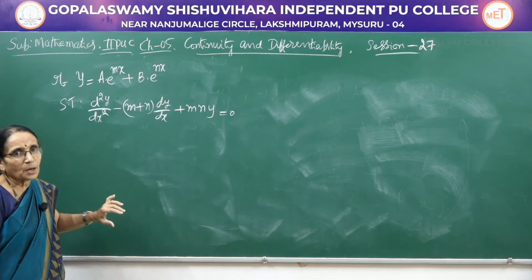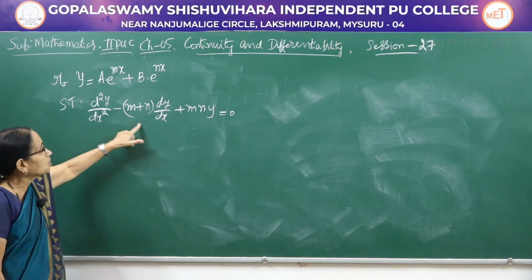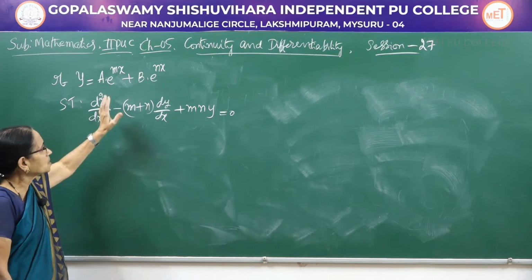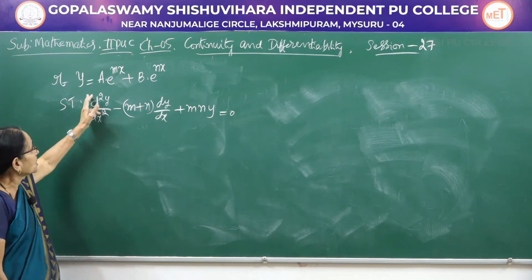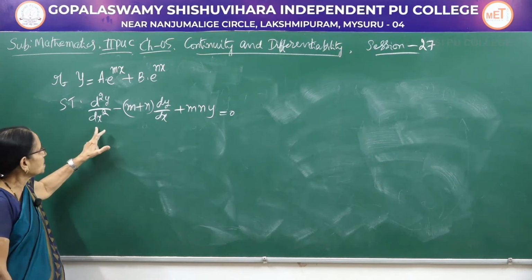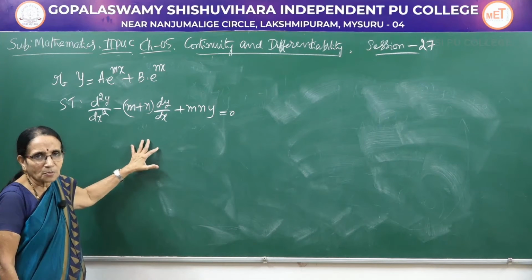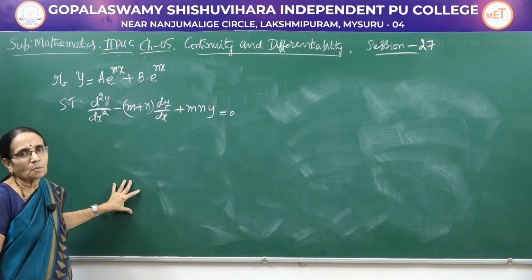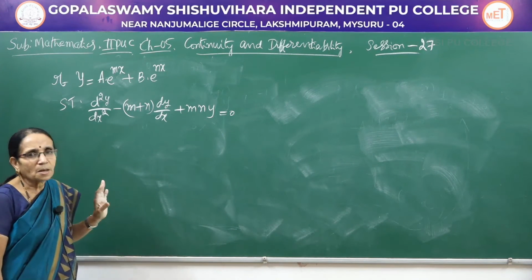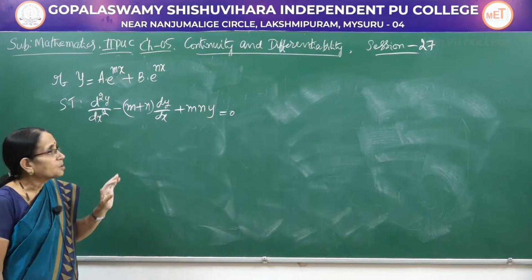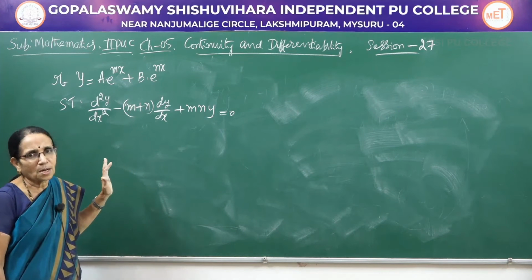Now, for some functions, if you differentiate directly step by step, automatically you will get this result. But when you have the exponential function, directly you can't get the expected result. You have to calculate the first derivative, you have to calculate the second derivative, and y would always be given. So on the left hand side of this result, you substitute the values. What you have to show is that it is equal to 0. That means all the terms should get cancelled. So when you have an exponential function like this, you find it difficult to get the result directly.